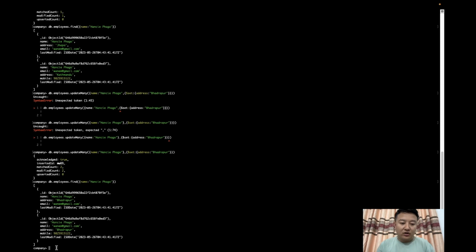Let's say that I want to update the last modified date when I update the field. So for that, what I need to do is db.employees.updateOne. I use the updateOne method for now. Here I'll just use the name, and let's say I want to update the mobile number. Okay, $set mobile. For that I just write mobile, and here I write